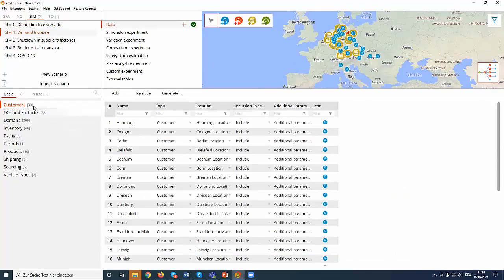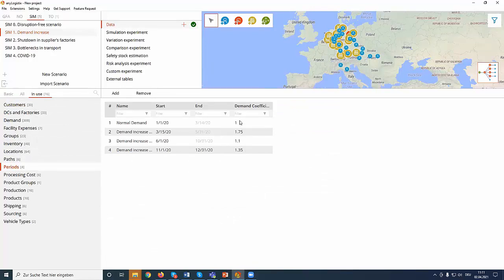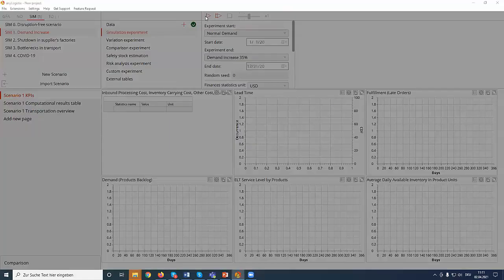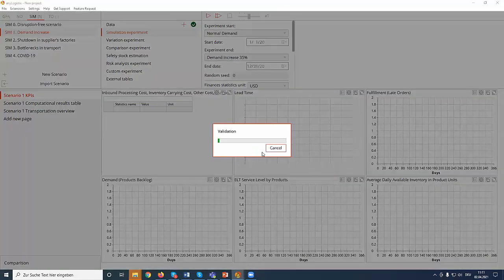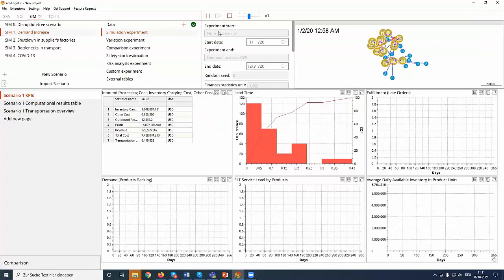We associate some demand coefficients to each of the 4 periods according to our pandemic scenario, right? A drastic demand increase during the first pandemic wave, then a stabilization in summer, and another increase during the second wave. And now we are running this simulation,